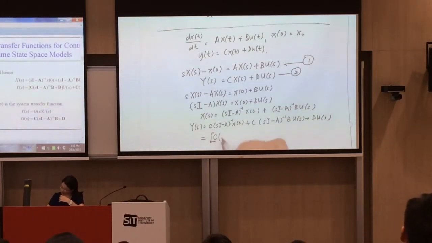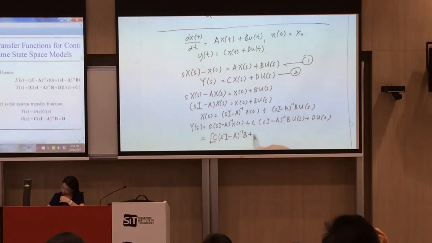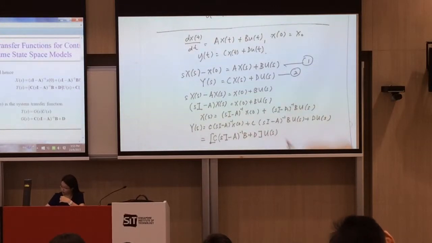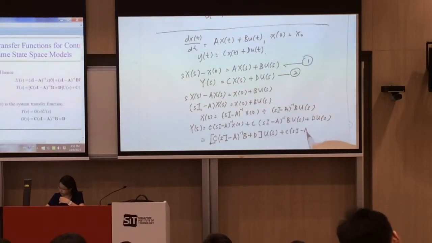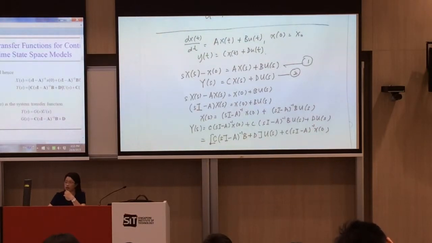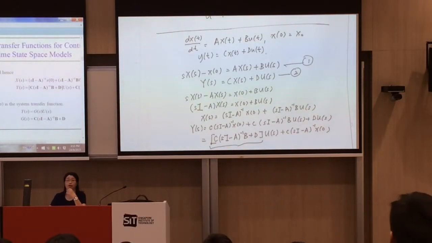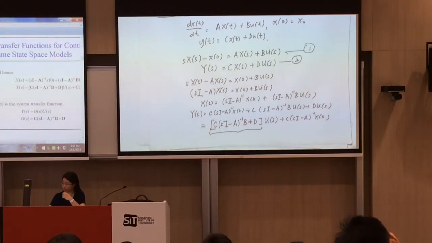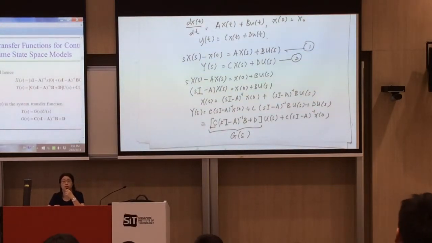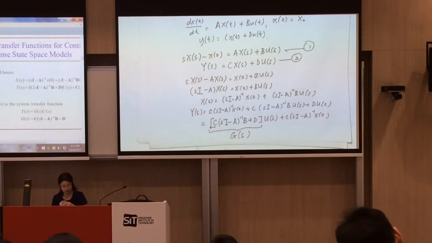C(sI - A)^-1 B times U(s), plus C(sI - A)^-1 x. And what is this? This is your ratio, your Y over U. So this is your G, your closed loop transfer function. That explains why on the slide you see that G(s) is C(sI - A)^-1 B plus